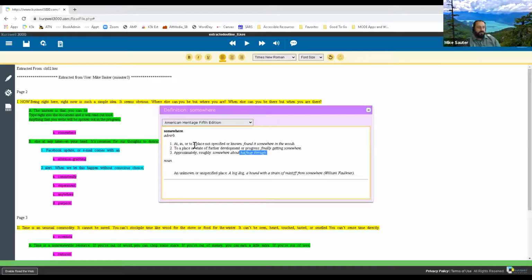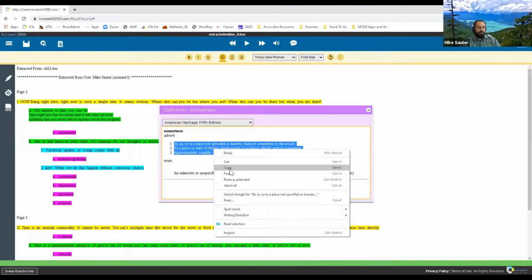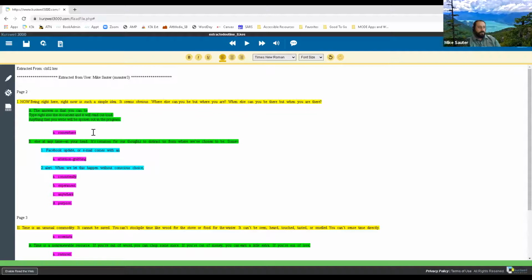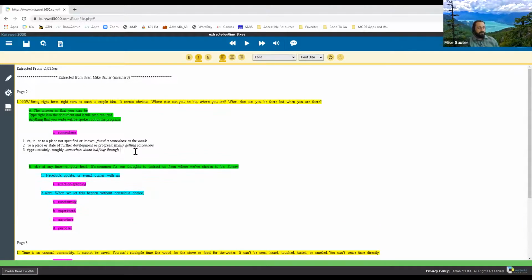Now here, the definition, I can just simply highlight it and I can copy it. And if I copied it, maybe I want to paste it. So now I'm adding some real value to the study guide. I'm pulling out definitions for words that I need to define. Maybe I can put it in my own words.